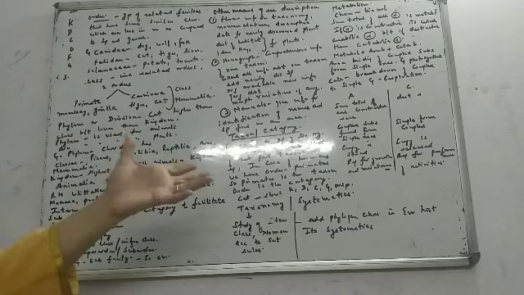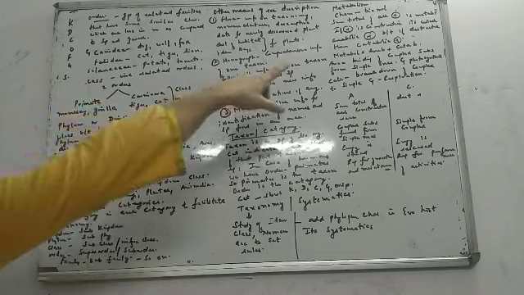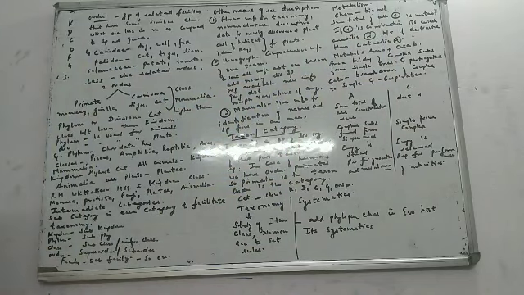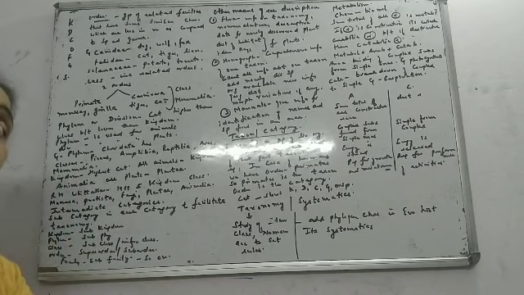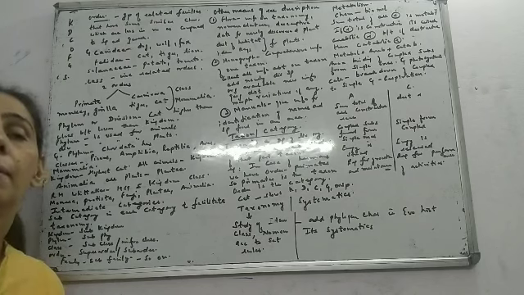So metabolic reactions can be both types, constructive as well as destructive. We have specific words in biology for these. Listen carefully. They are anabolic reactions and catabolic reactions. If your reaction is constructive, it is called anabolic. But if it is destructive, then it is called a catabolic reaction. Then what is metabolism? The sum total of all anabolic reactions plus catabolic reactions is what we call metabolism. To remember simply, metabolism is equal to anabolism plus catabolism.